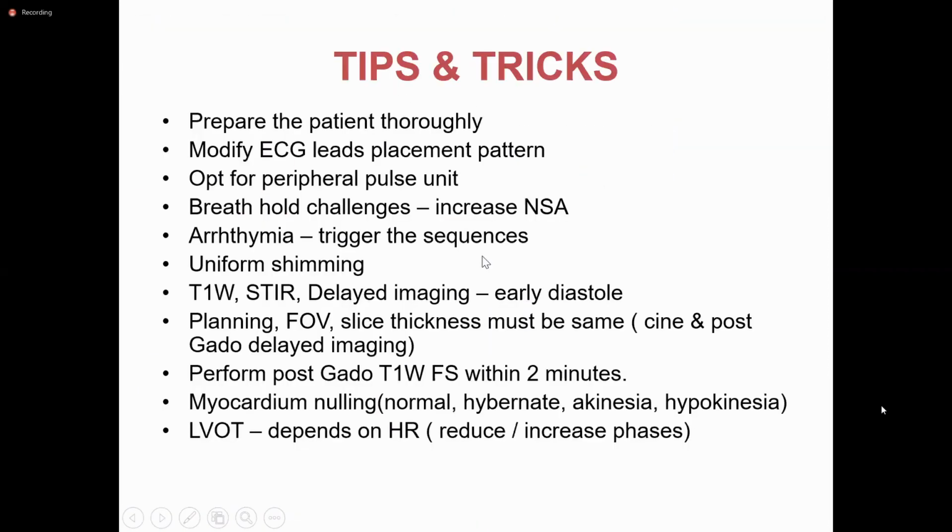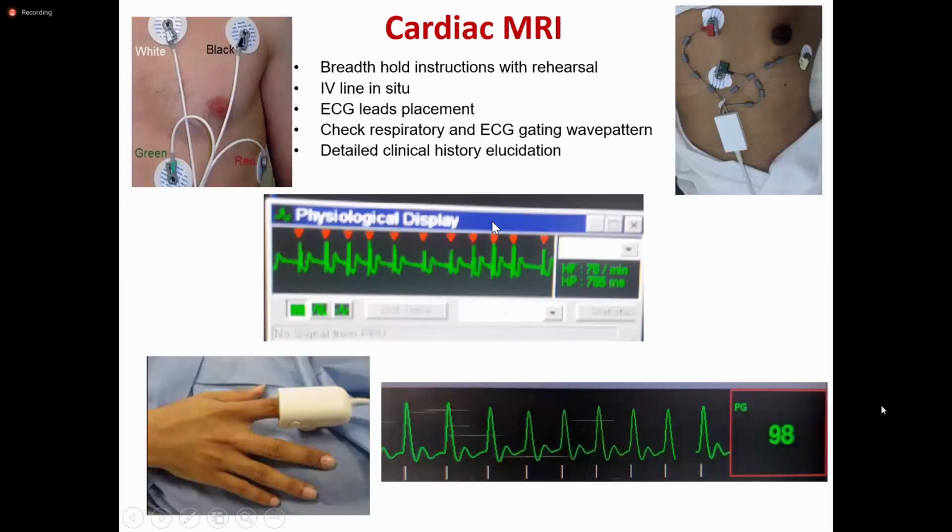Okay, a few tips for cardiac MRI. The gating is very, very important. Some machines have 4 leads, some machines have 3 leads. Look at the monitor, see if you're getting a uniform wave pattern. How do you appreciate whether the ECG trace is correct? You need to see whether the PQRST complexes are spaced evenly apart, whether the R wave is significantly larger than the T wave, and the PQRST complex has to have a good amplitude.